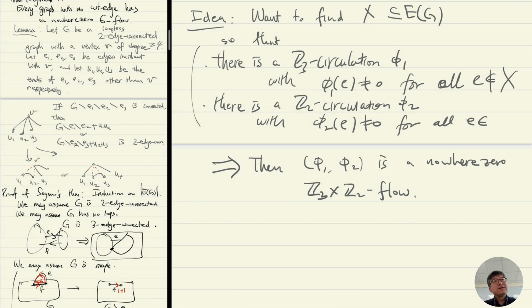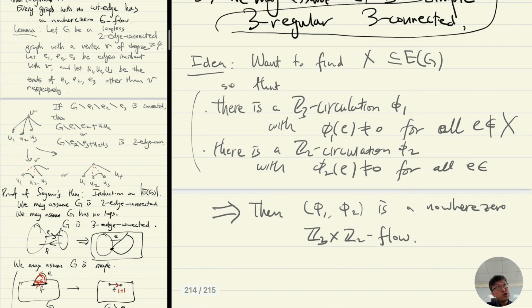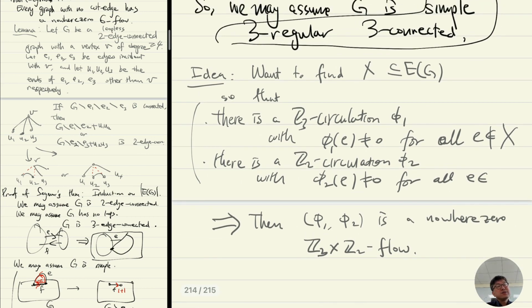Let's continue proving Seymour's six-flow theorem, which states that graphs with no cut edges have nowhere-zero 6-flows. In the previous lecture, we showed that we can assume the graph is simple, three-regular, and three-connected. Now, the idea of the remainder of the proof is to find a subset of edges X, so